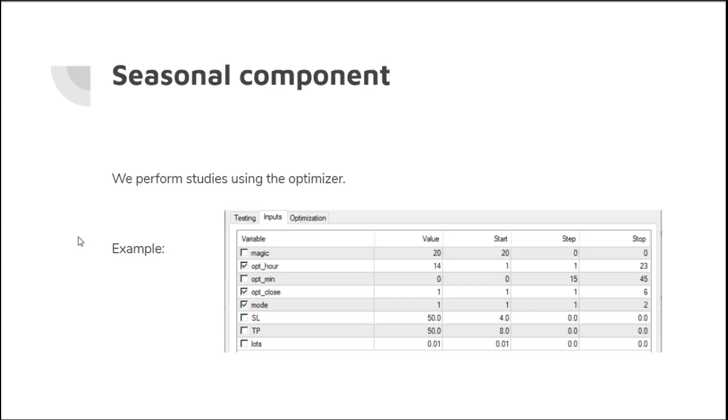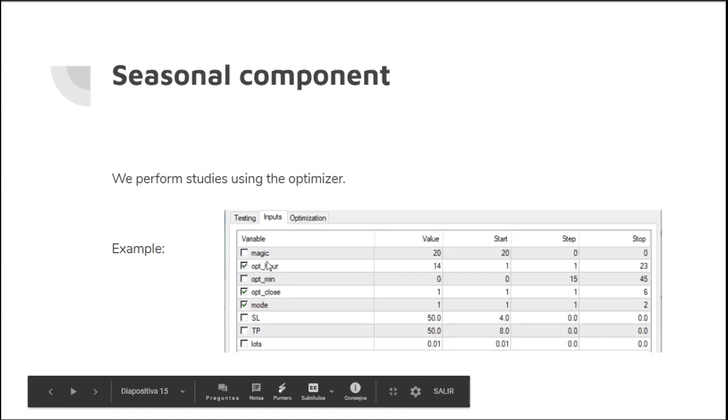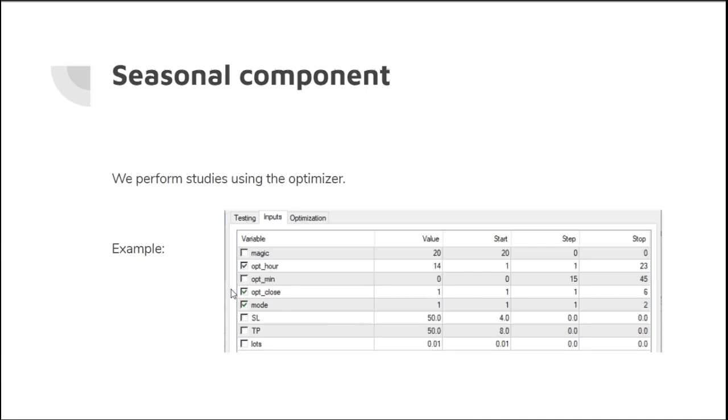So about the seasonal components, we need to perform some studies using the optimizer. In this case I'm using the MetaTrader 4 optimizer. Over here I have the hour that I want to enter, minutes if I'm using a chart below 1 hour, and the closing parameter, based on candles or periods. That means in this case I'm using an H1 chart. If my optimization close parameter is 1, that means that my trade will last only 1 hour. And mode 1 for bullish, mode 2 for